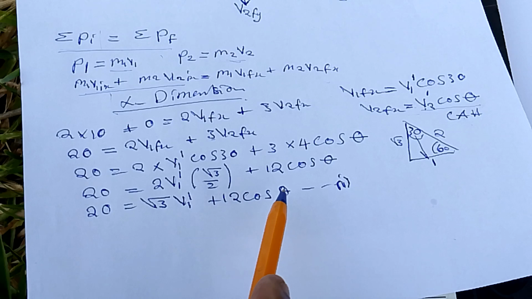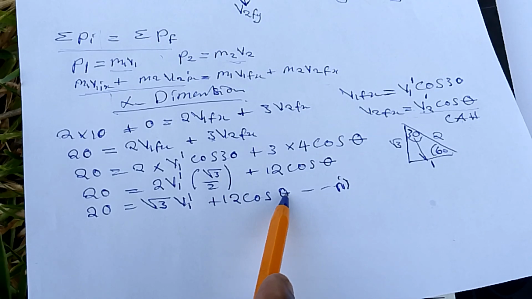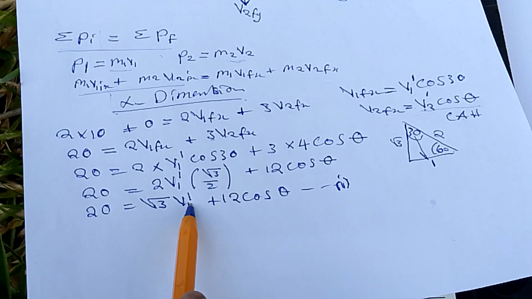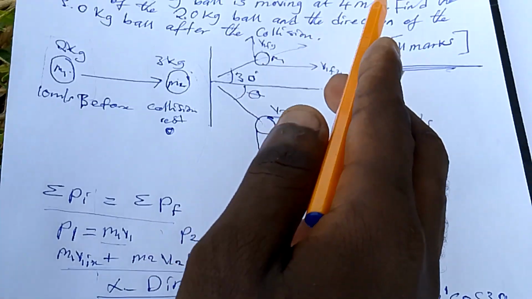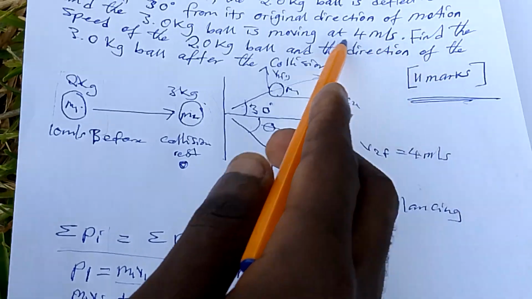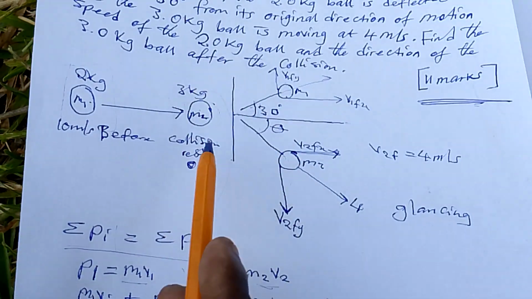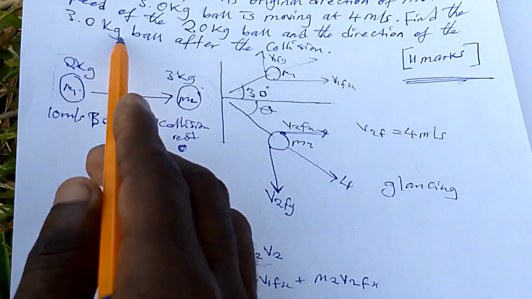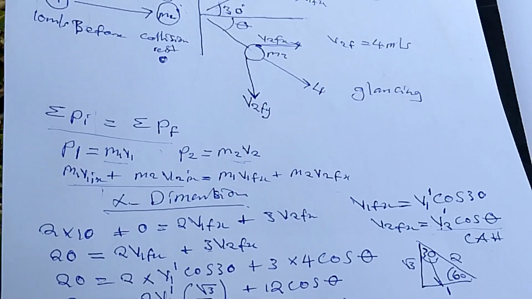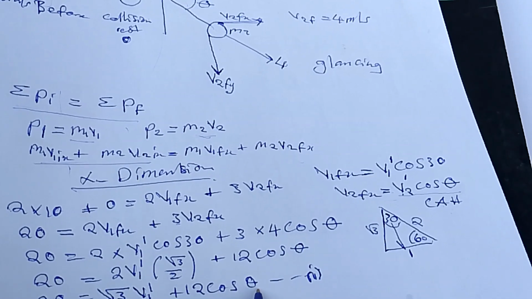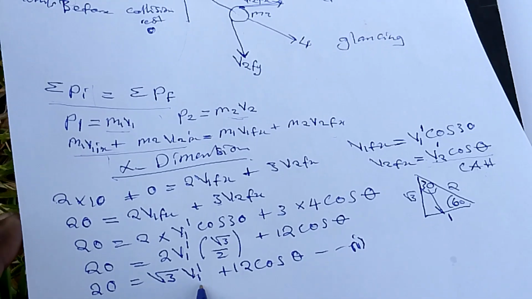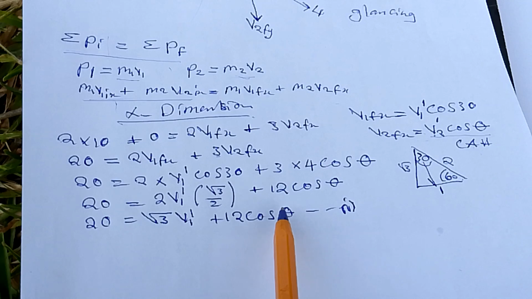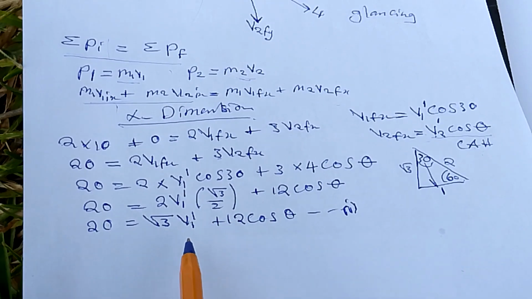Remember how we need to know what is the angle so that we find v1. The question is saying find the speed of the 2 kg, meaning find the speed v1 and the direction of the second ball. That's what they are saying. So we need to find this angle and this v1. That's our goal. So we need to know what is this and what is this. That is our goal. So the first equation, where is it going to come from? Remember,